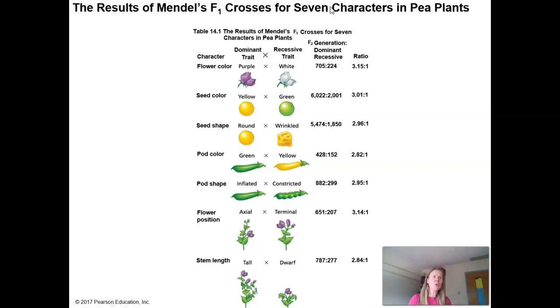Notice that in all of these, flower color, seed shape, stem length, this is coming out to that same 3-to-1 ratio. And notice, this guy had some time on his hands. Imagine what you could do if you didn't have a cell phone, and you were actually bored. You could count thousands of pea seeds. He counted 6,022 yellow pea seeds to 2,001 green. This is a 3-to-1 ratio. So he's seeing this 3-to-1 ratio over and over and over again, and you've got to go, well, that's weird.